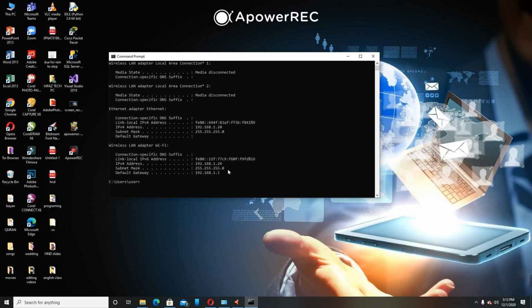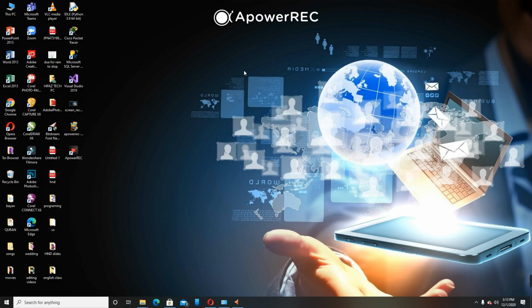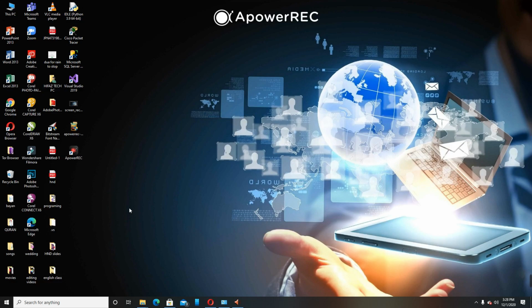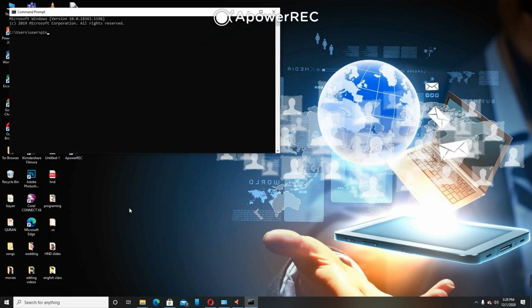255.255.255.0. So in order to find that a computer is connected to this network, we have to find out whether the second PC is active in this network. The best way is to go to CMD, type ping, and type the IP address of the second PC. The IP address which is assigned to the second PC is